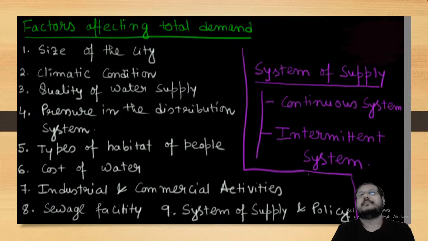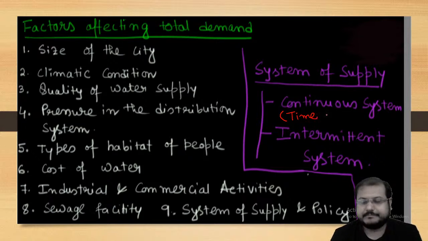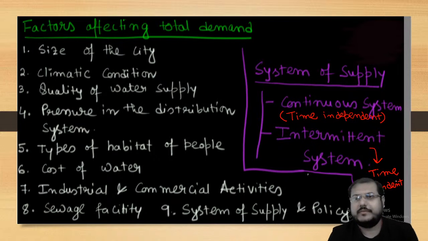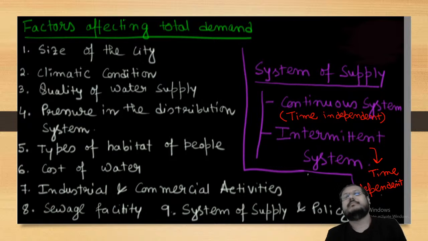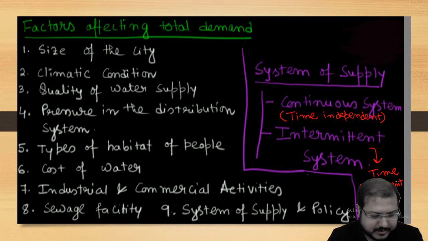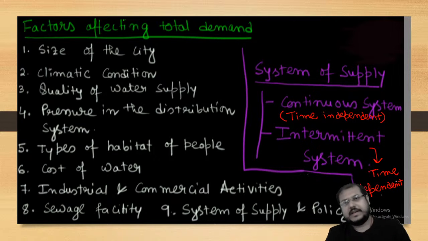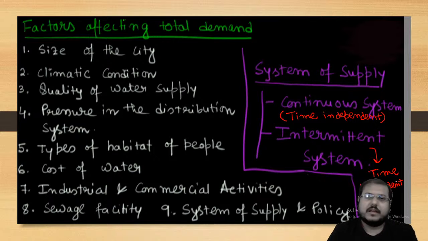Continuous system and intermittent system. This continuous system is also called time independent system, and this intermittent system is called time dependent system. Time independent system means throughout the day, 24 cross 7, this system will supply water. In continuous system, throughout the day 24 cross 7 water will get supplied, and for intermittent system, water will get supplied